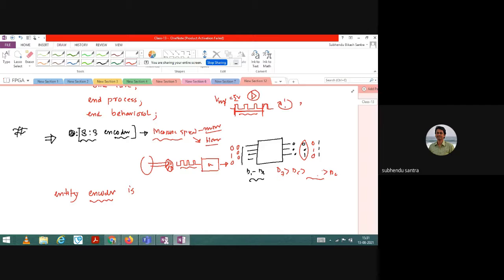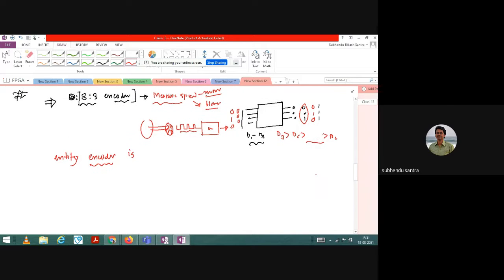So now let us write the entity encoder, and the port I have to define. x is the input, standard logic vector 7 down to 0.